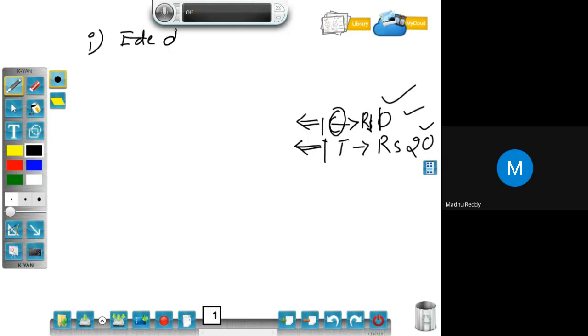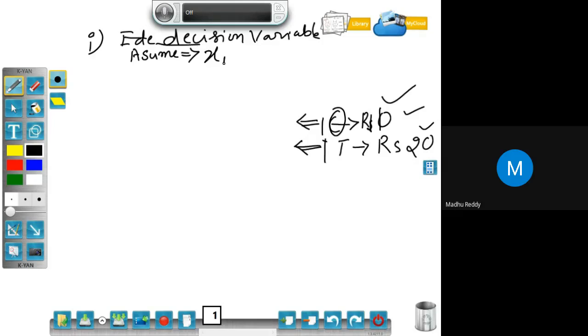So I will write just decision variables. You write everything. Decision variables. What are the decision variables now? To know the complete profit of the company, I need to know how many chairs are to be manufactured and how many tables are to be manufactured. So let us assume. What we assume should be exactly equal to what we require.